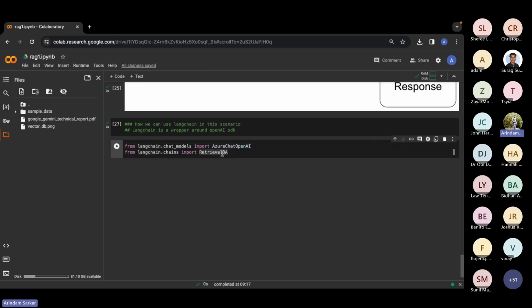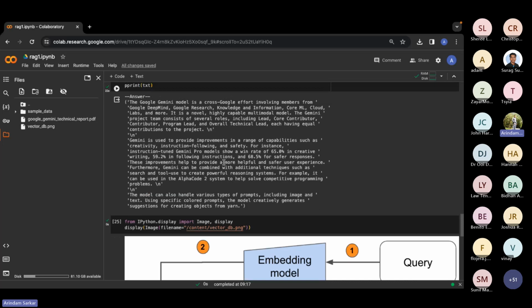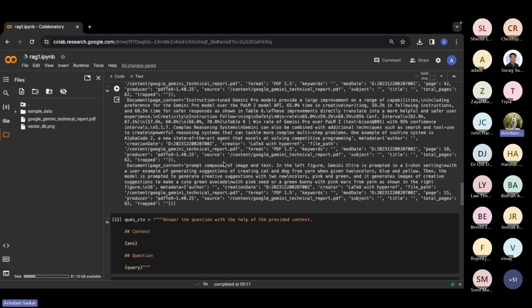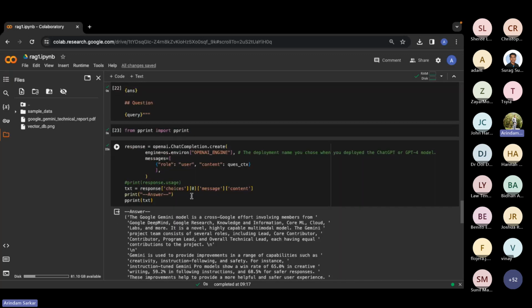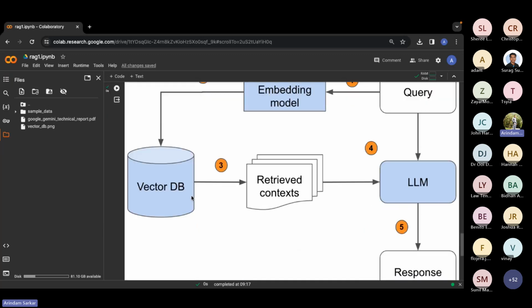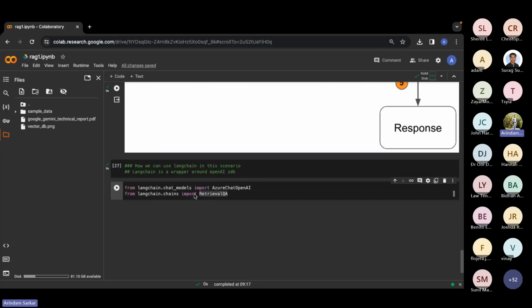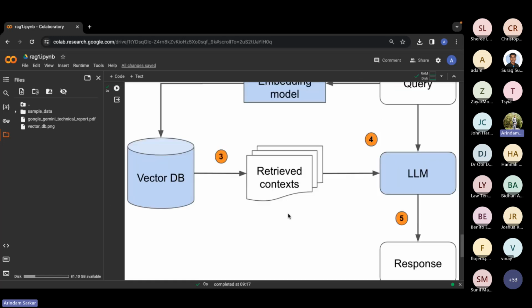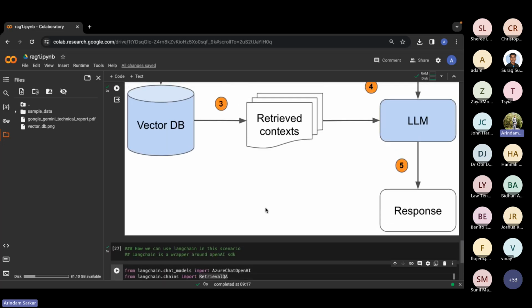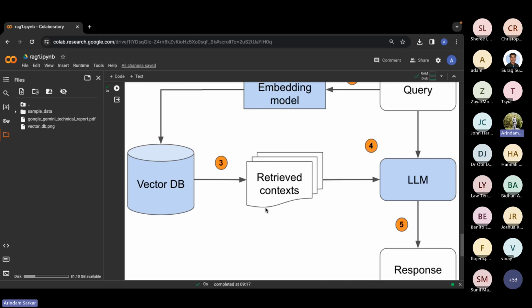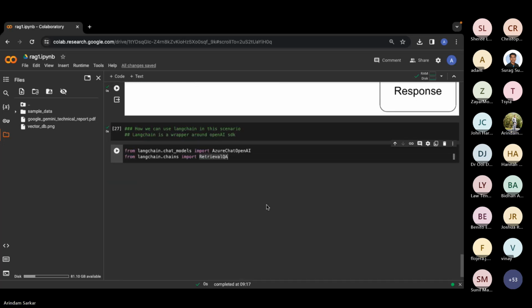And this retrieval QA is basically all the process that we have done by hand, right? You can think of what I did yesterday as a very raw version, or a very low level of what is happening in the retrieval QA. Retrieval QA is basically all that. If you see this diagram, whatever is happening here, retrieval QA is kind of a wrapper of all of this concept in one single API, or let's say one single class.